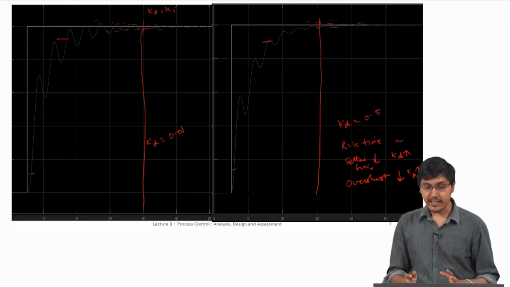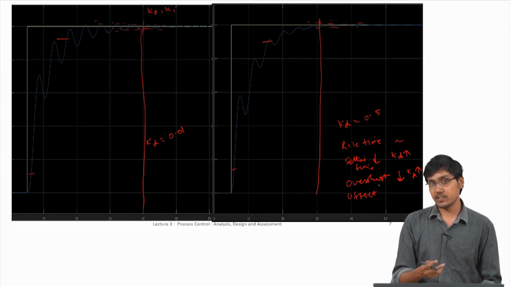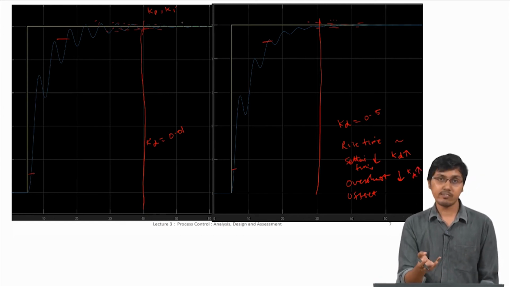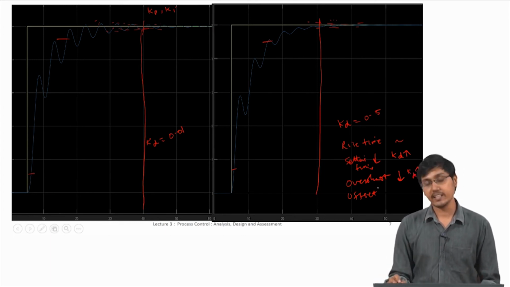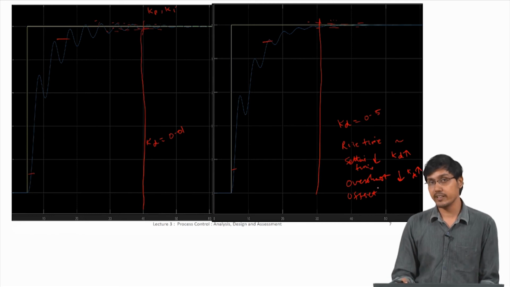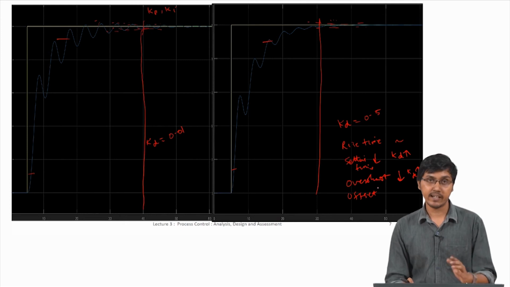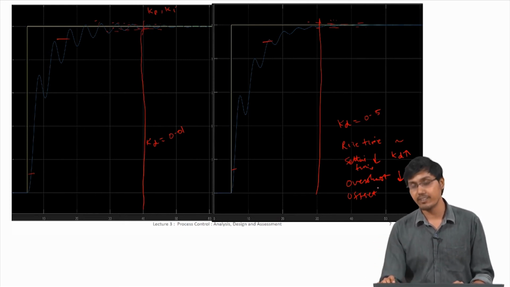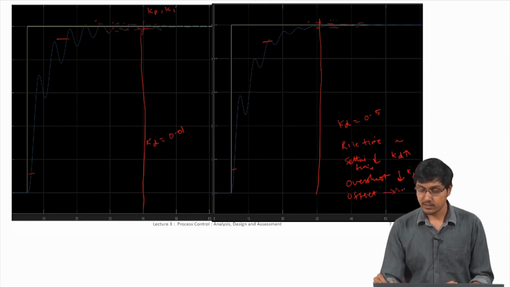And the steady state error value, that is the offset, is not going to have any effect. Since whenever you have an integral controller, the offset is 0. So, that is why it is not going to affect anything. Even with the proportional and derivative controller without integral action, when you set Ki equal to 0 and use only Kp and Kd, when you do this exercise, you will see that the final offset, the steady state error value, does not really depend on the Kd. So, here there is no change.